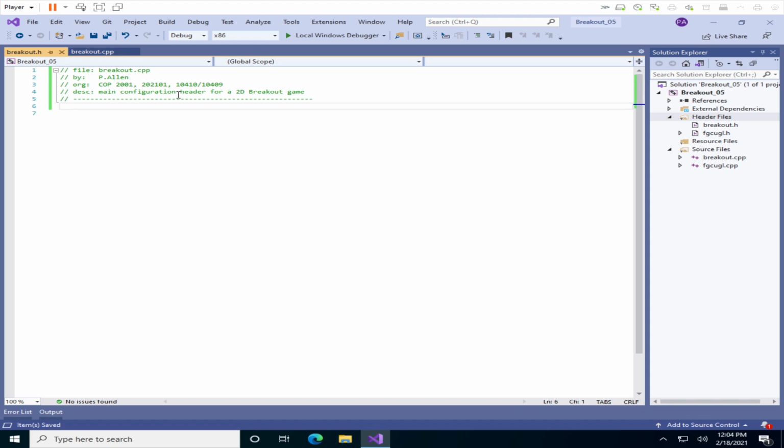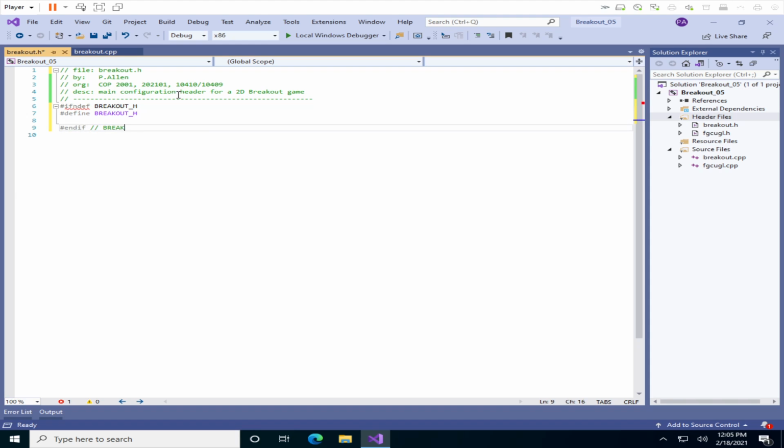All right. And then we need our header guard. So I'm going to go ahead and insert the header guard into this. So we need to do an if not defined, if the preprocessor has not seen this before. And so this will be breakout.h. And then we need to just update this template also to change the file name. So if the preprocessor has not seen a define for breakout h, then we want it to define breakout h. And then we'll have an end if